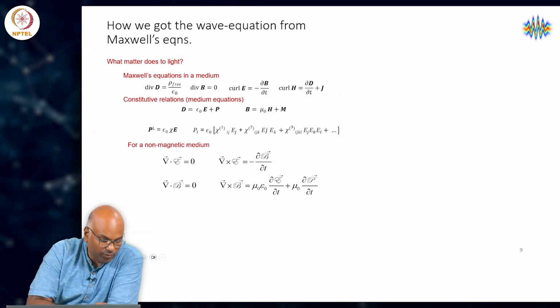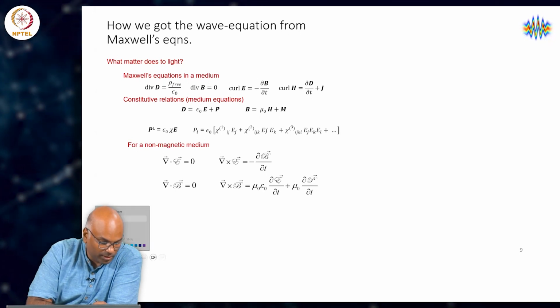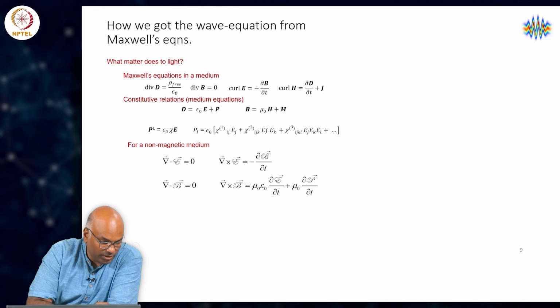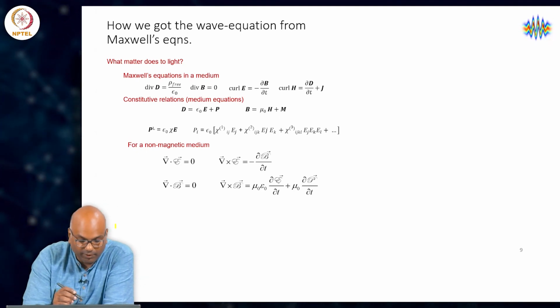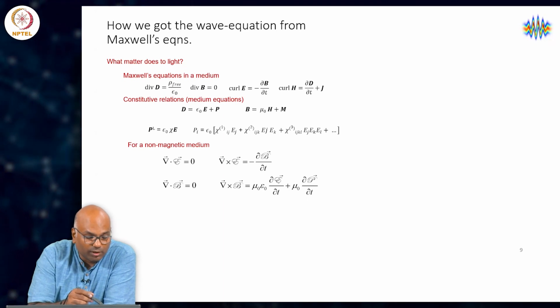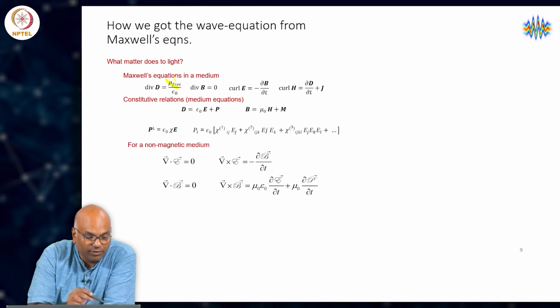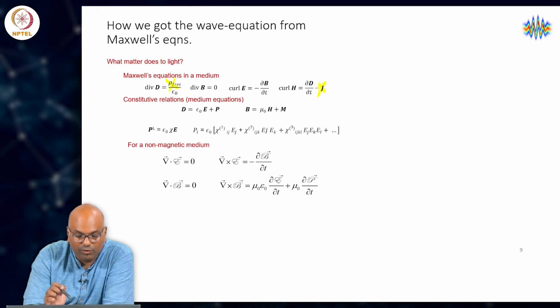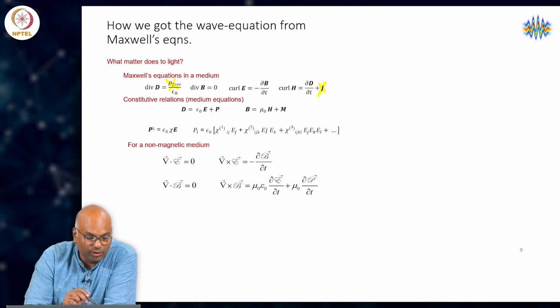Earlier we did not focus on any source term whatsoever. We wanted to remain in a regime where we did not have any free sources of charge or current. However, we wanted to nonetheless